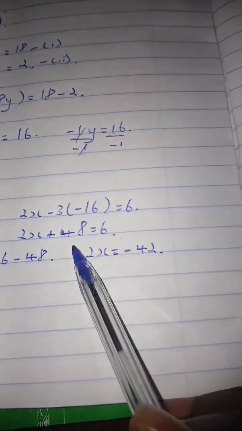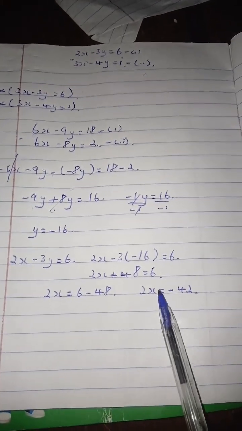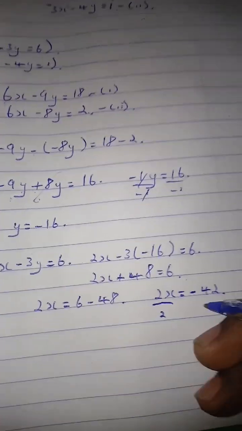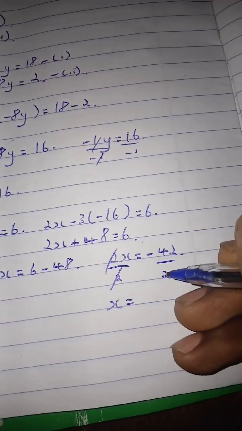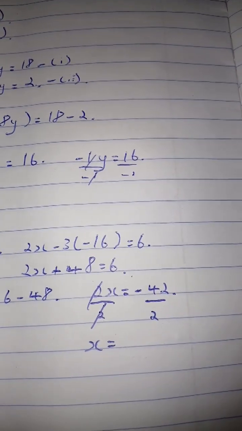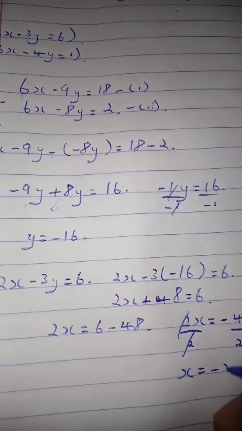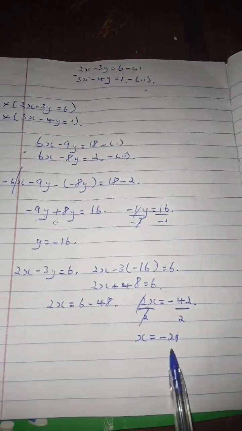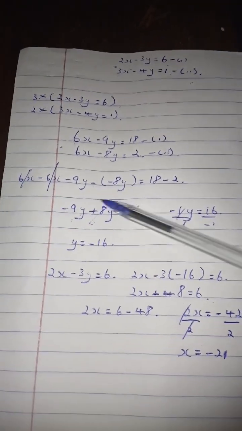Now the next step is you divide both sides by the coefficient of x, which is 2. So divide both sides by 2. Then I have x equals minus 42 divided by 2, that is minus 21. So x is equal to minus 21. Now can you see that? The value of y is minus 16 and the value of x is minus 21. Now to check if we are correct, simply plug in the value of x and the value of y into